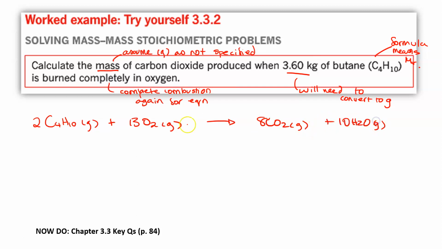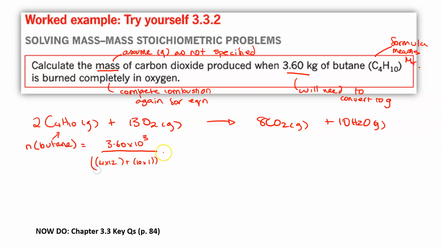So this is just our 2 butane reacting with 13 O2 to give us 8 CO2. So we can now determine the number of mole of butane. Okay, so we know that we've got 3.6 kilograms, so we're going to have 3.60 times 10 to the 3, because I'm just going to multiply by 1,000 to convert that to grams, and then we're going to need to know 4 times 12 plus 10 times 1,